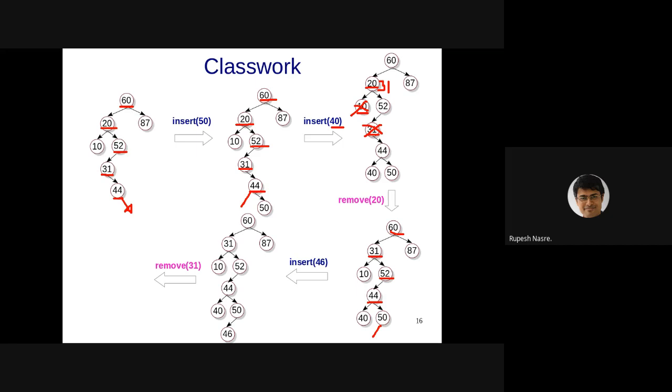Once again, you can do the easy part, which is replacing 31 with 10, and then you don't have to worry about anything else. Alternatively, you can take the smallest value in the right subtree. In this case, it is going to be 40. Just above 31 is 40, and therefore you can replace 31 with 40, and again you are done.